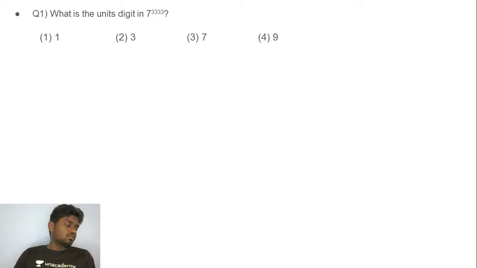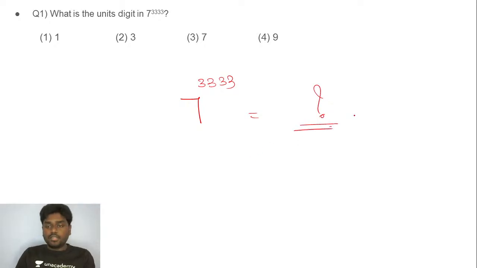Yeah. So this is going to be my first question here. Ultimately, here if you see, you have been given a question that is 7 power 3,333. You need to find what exactly is the value, and also what is the unit digit which you have got in this value. Is it really simple to find the value of 7 power 3,333? So what trick literally works here? That's what we need to take up.